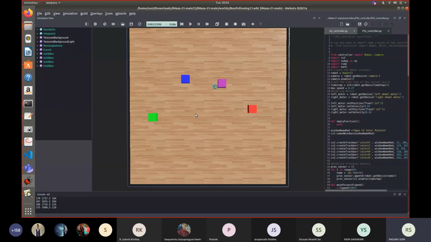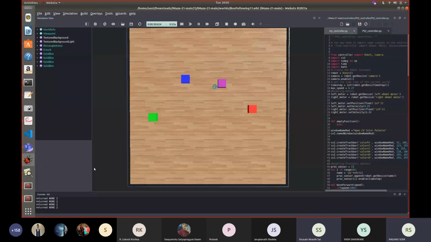But yeah, I have the thresholding being done side by side and I have windows that are showing that thresholding. Should I show them or not? Not track bars, only thresholding, like the viewpoint of the camera and the thresholding. Yes, show. Okay, I'll run it again and show it.